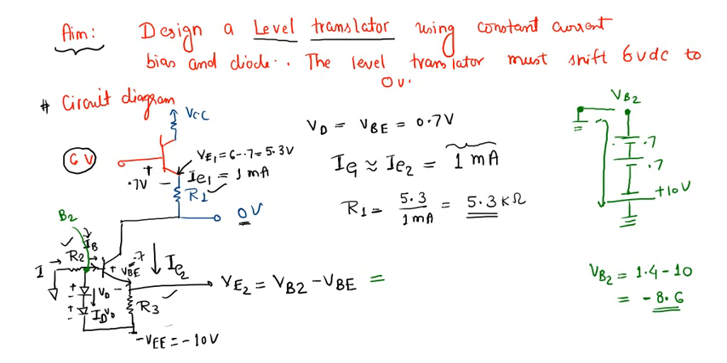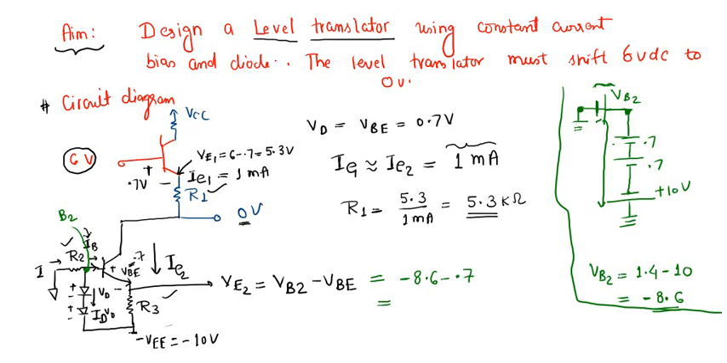So you can apply KVL or just see that the voltage drop across this is VB2, and you are assuming that it is more than VB2 than ground. You can also think that this is a battery whose value you want to find out, and this you can find out by applying KVL that VB2 is minus 8.6. So VB2 is minus 8.6,